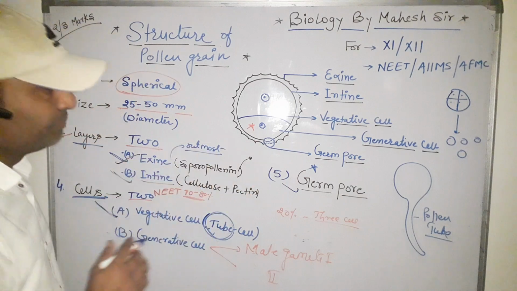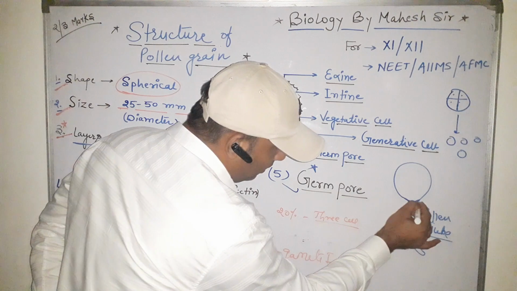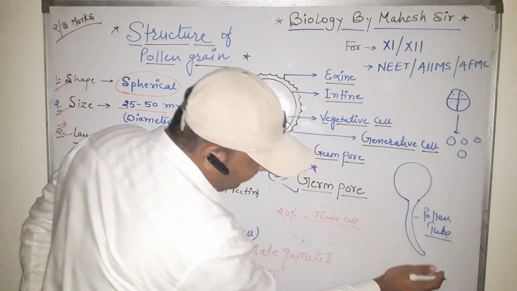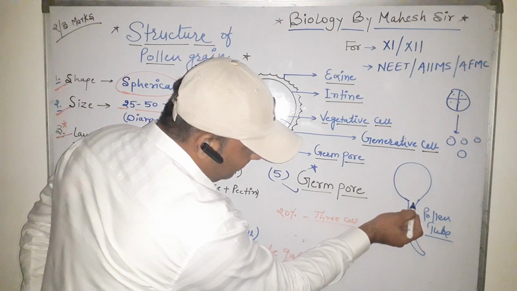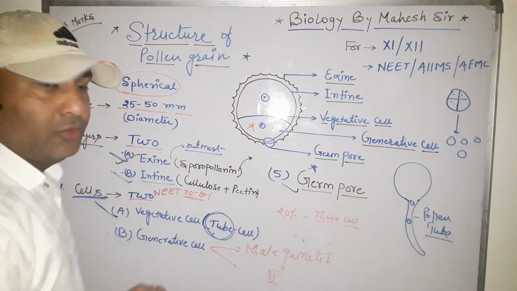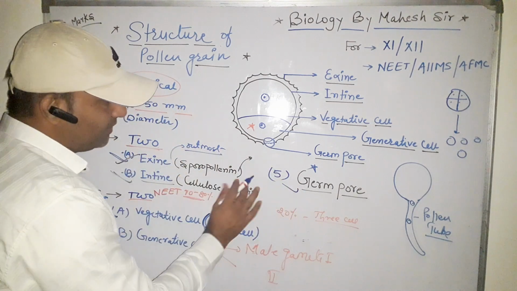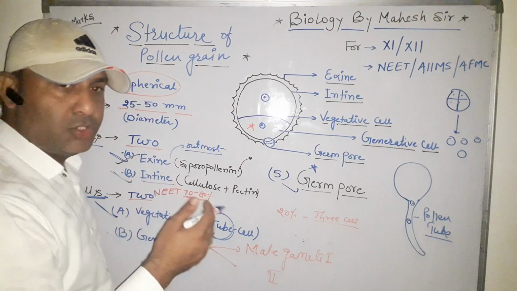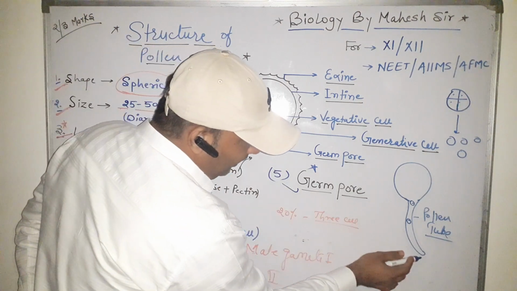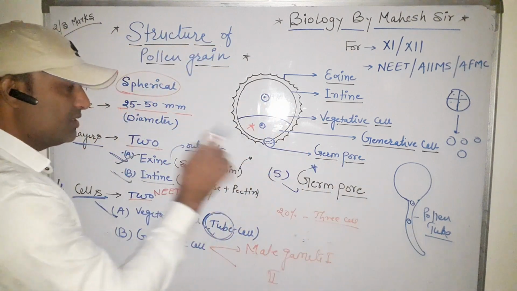Function of this pore: it is the site where the pollen tube is produced. Here the germ pore starts to produce the pollen tube, and then it is the pathway where the 2 male gametes are released into the pollen tube. So the germ pore is the site where the sporopollenin is either absent or very thin, and it plays a role in the pollen tube formation and then releasing the male gametes into the pollen tube. So it is a germ pore.